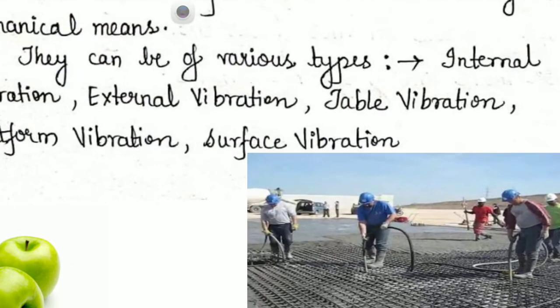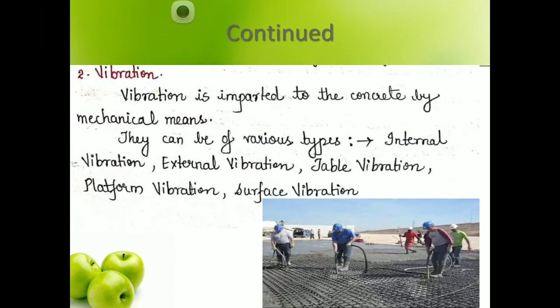Vibrators impart vibration to the concrete by mechanical means. There will be an electrical switch, and a rod is placed at the pipe; when the switch is on, it starts vibrating. Once you place the rod into the concrete, it starts vibrating. Vibrating shakes front and back, so that all the air is removed and the concrete reaches the joints and is placed at each and every corner, because concrete has gravel and it also has reinforcement.